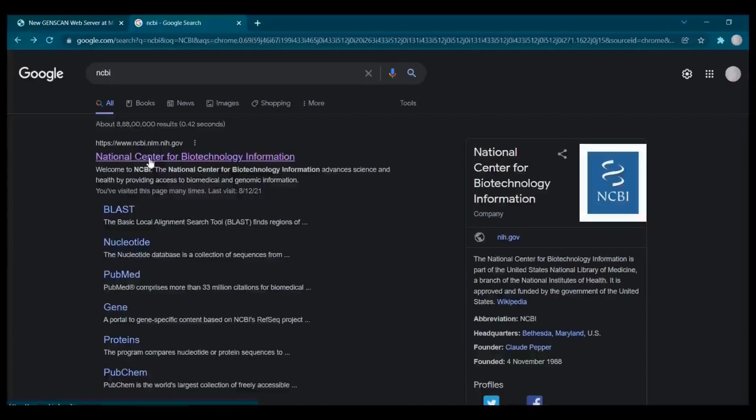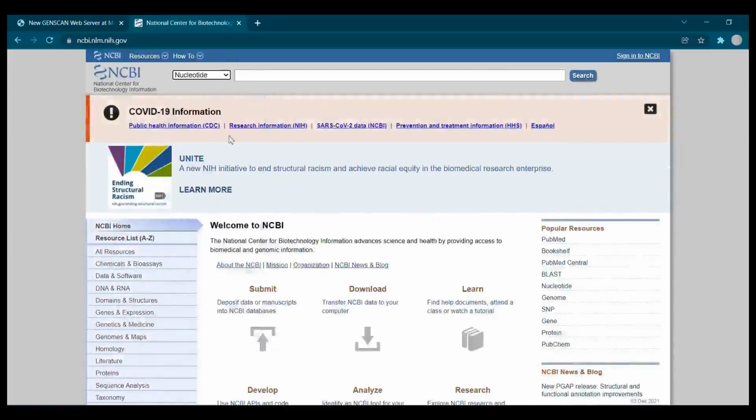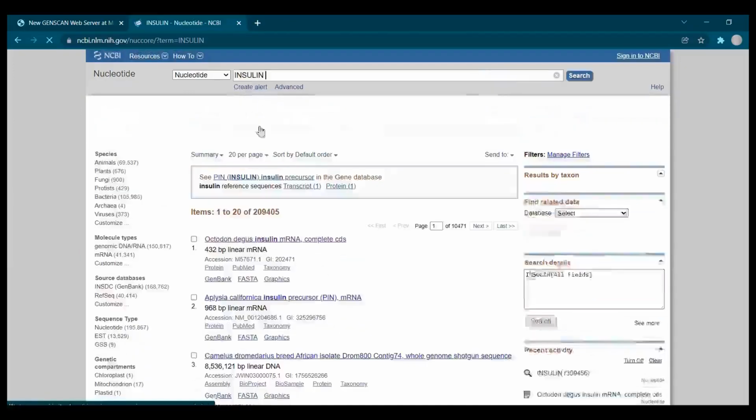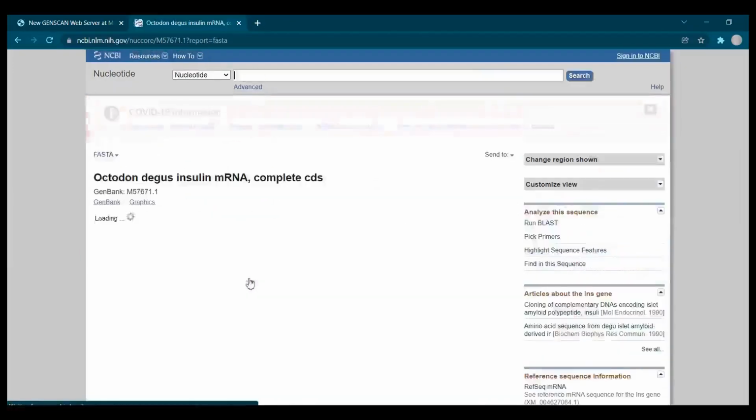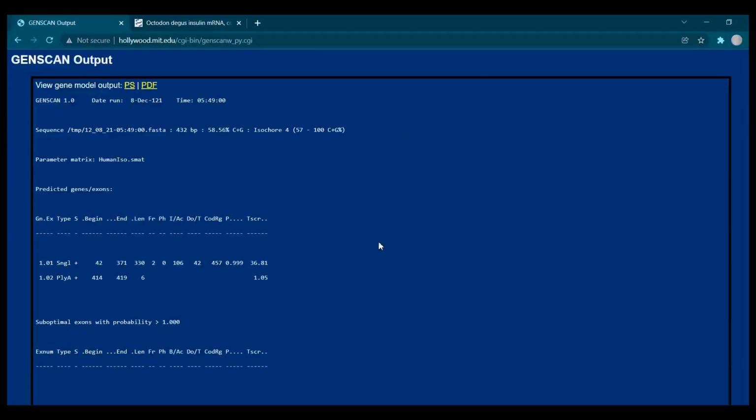Now let's go to NCBI, and from the nucleotide database retrieve a gene sequence in FASTA format, copy it, paste it over here, and run the tool. This is the result displayed. Here the date and time can be seen, the number of bases submitted, and the percentage of GC content, and based on the GC content the isochore number will be given. The matrix used by the tool is given over here, and this is the predicted exon region. The sequence submitted has only a single exon and a poly A tail region predicted.